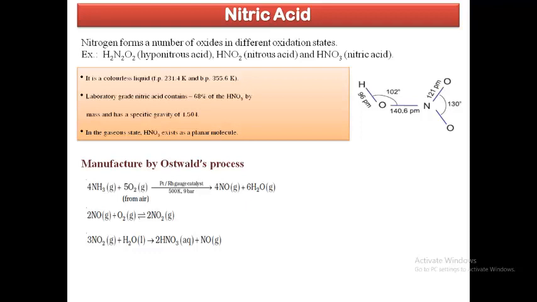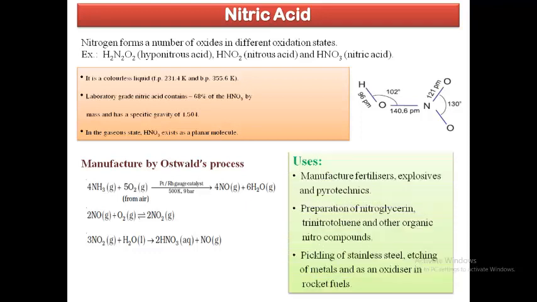The famous method used to manufacture nitric acid is Ostwald's process. This is nothing but the oxidation of ammonia. Ostwald's process involves 3 steps. First step is oxidation of ammonia in the presence of platinum rhodium catalyst at the temperature of 500 Kelvin and pressure 9 bar. It gives nitric oxide with water in the gaseous state. This nitric oxide is further oxidized to give nitrogen dioxide, and nitrogen dioxide obtained when dissolved in water gives nitric acid, which is in the aqueous state, and nitric oxide, a gas.